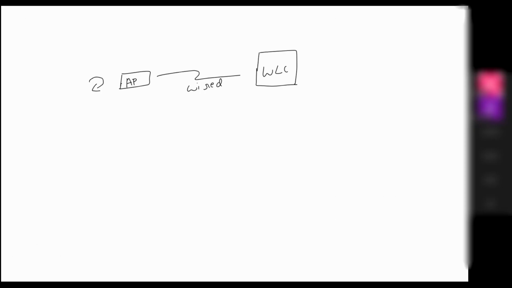So the AP sends a discovery request in the discovery phase to try to find the WLC. In the join phase, it sends a join request, and once the WLC receives it, it checks the MAC address, model, certificates, and then sends a join response. So that's the second phase. In the third phase, which is called the configuration phase,